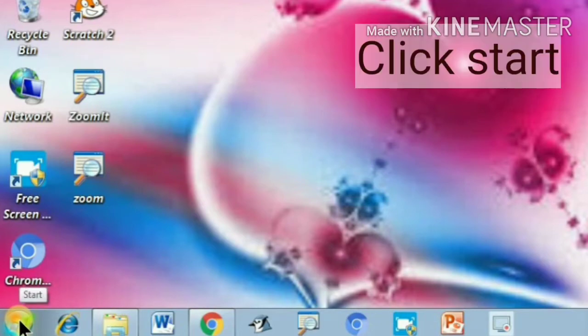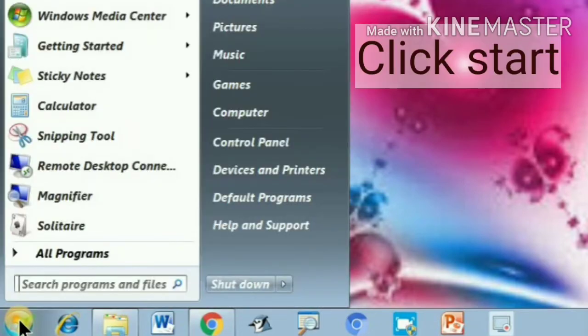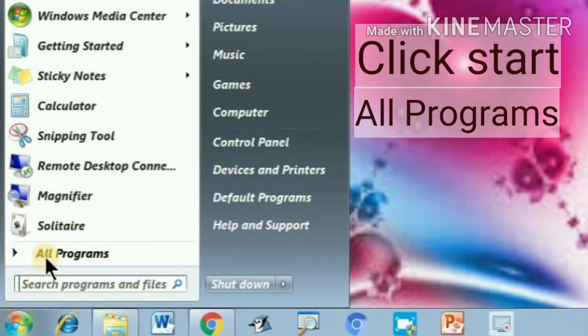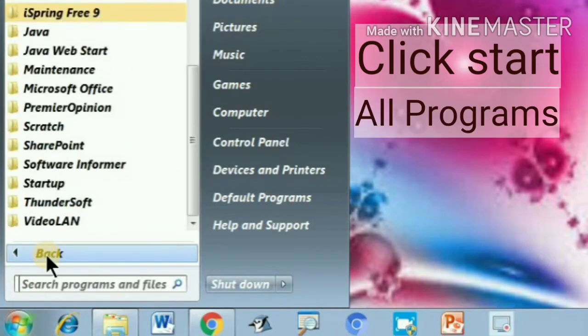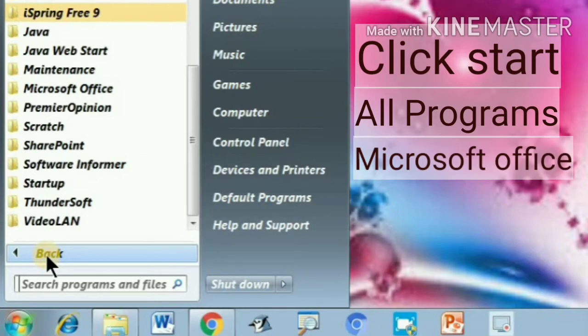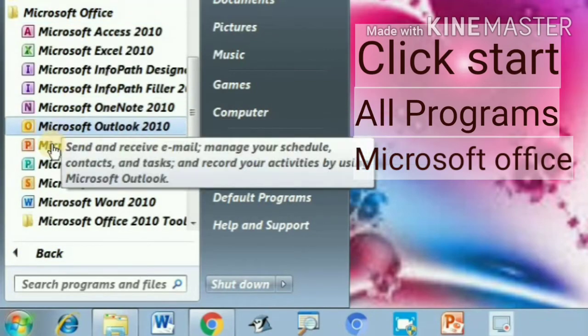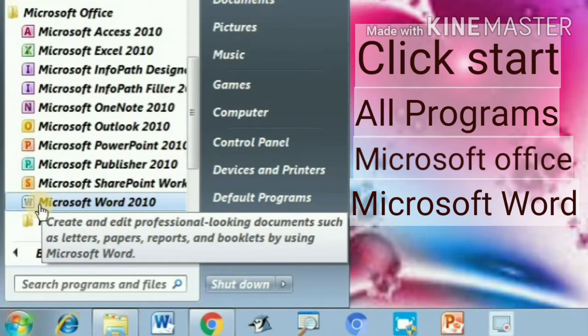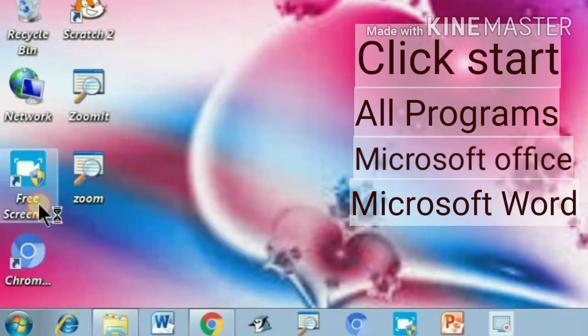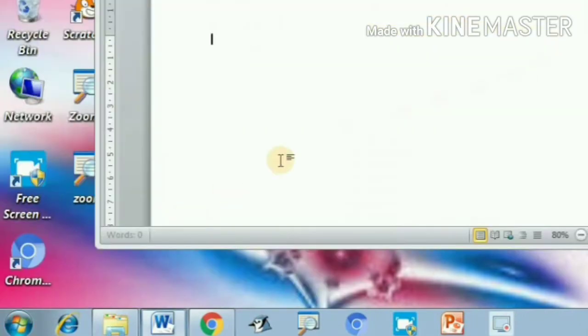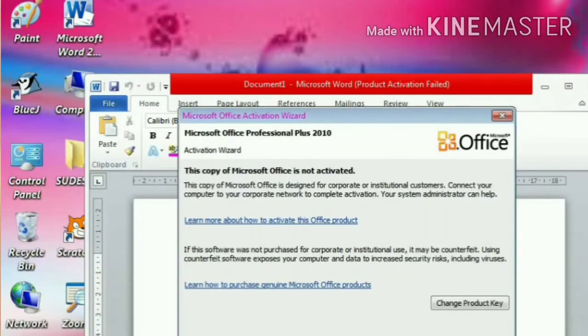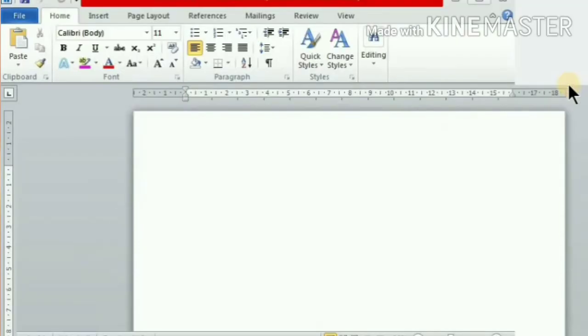Click on Start, then All Programs, Microsoft Office and Microsoft Word document. As you click on this, see, this blank page is displayed on the screen.